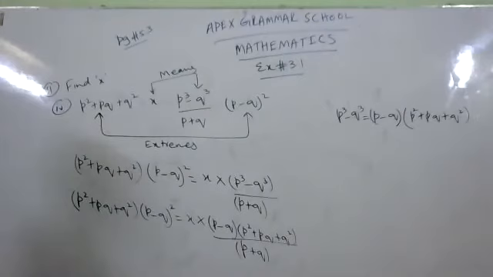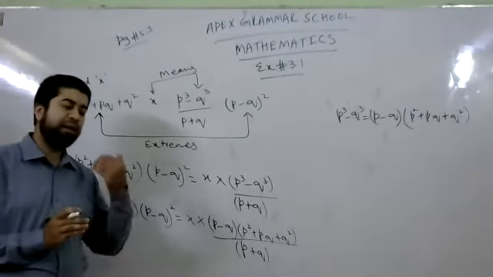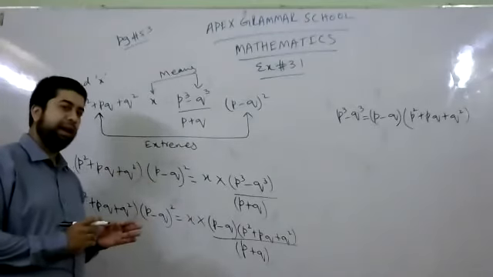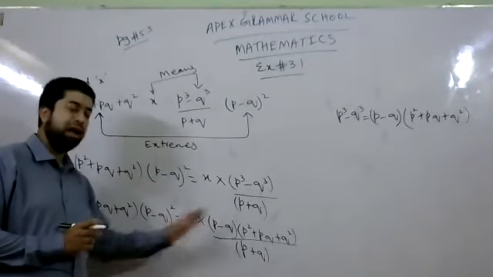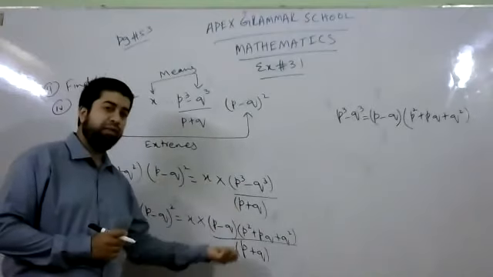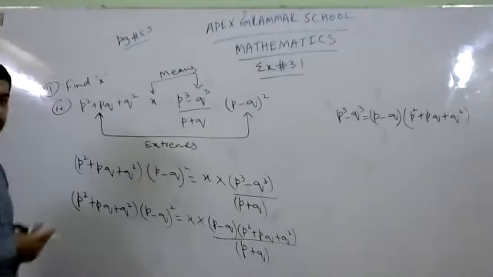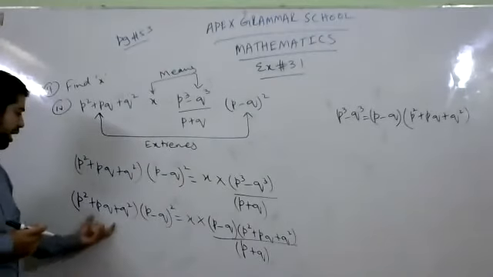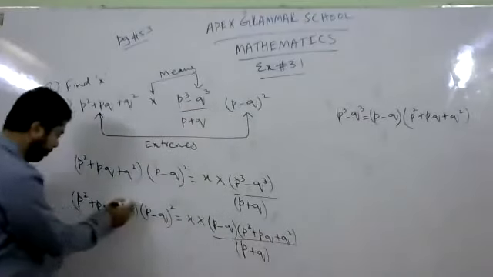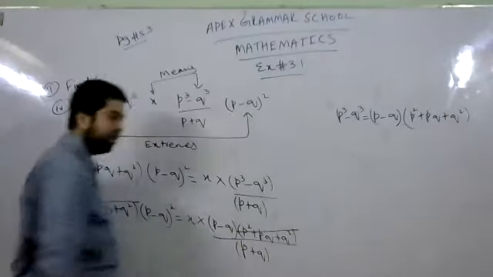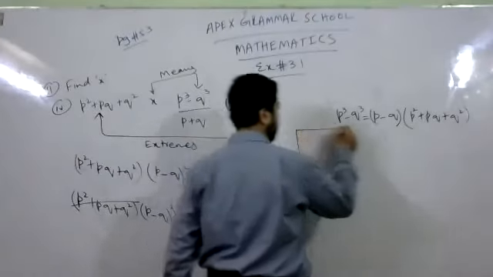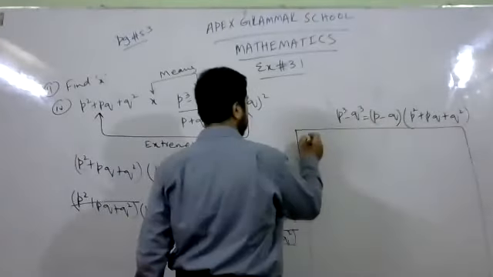Now to make the calculations shorter and shorter, you can cancel these things in a multiplication scenario, if the same thing appears on the other side of equality as on the first side of equality. For example, this is p square plus pq plus q square. This is multiplying to this, and this is again p square plus pq plus q square. You can cancel them, and you are left with only p minus q whole square,